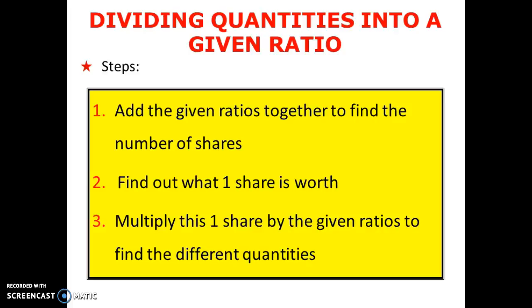To divide quantities or amounts into particular ratios, we need to find out how many shares the ratio has, find the value of one share, and then work out each part of the ratio. So looking at an example with this,